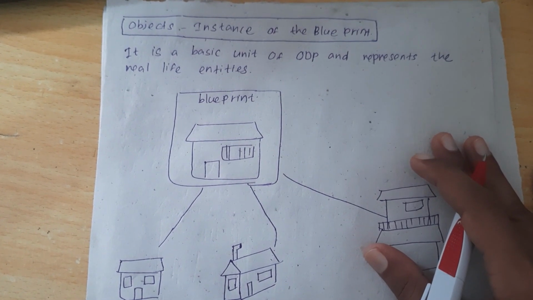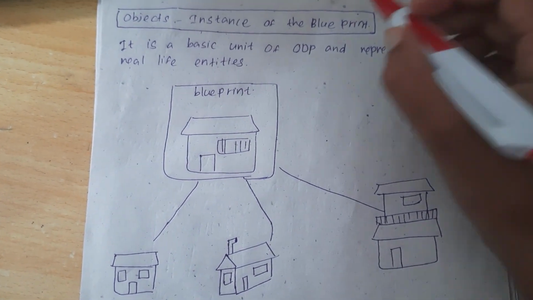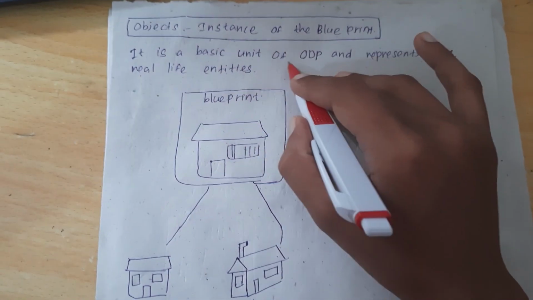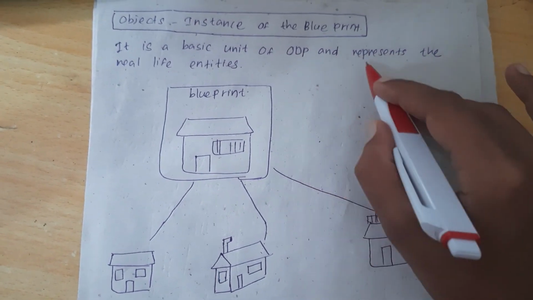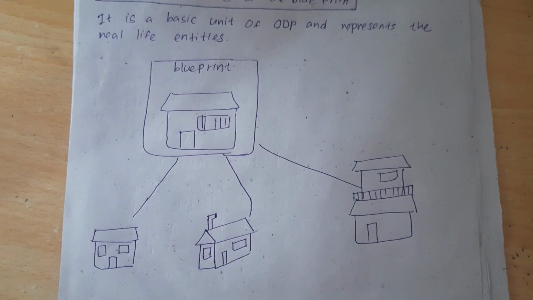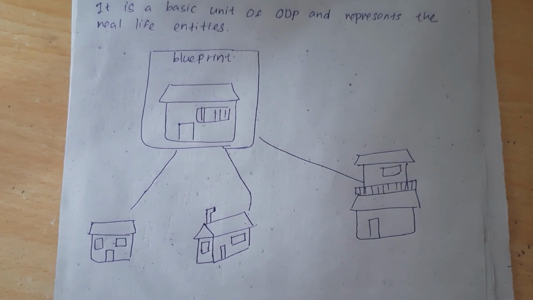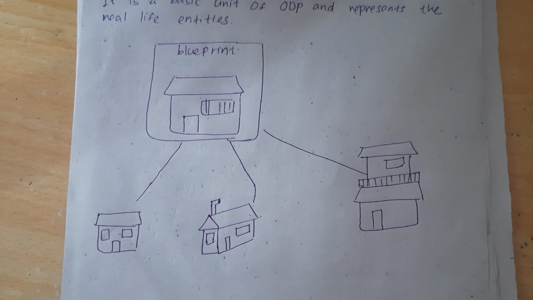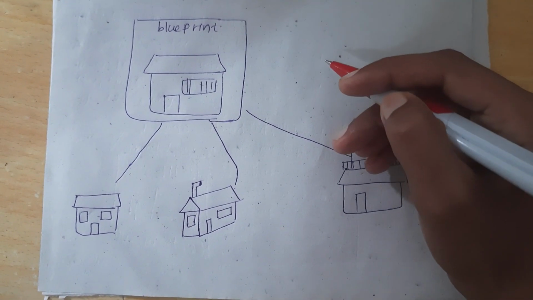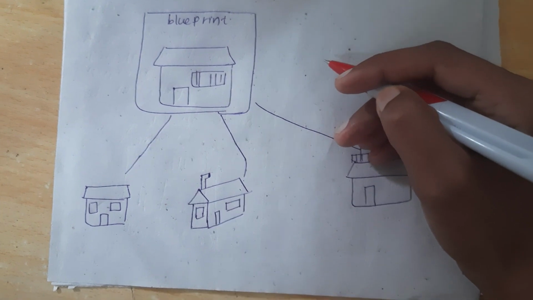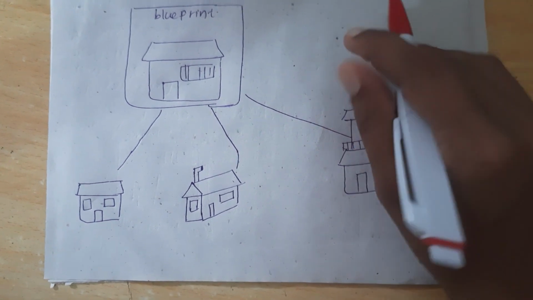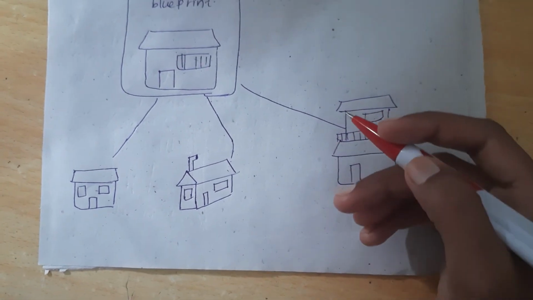Now let's look at what an object is. An object is an instance of a blueprint. It is a basic unit of object-oriented programming and represents real-life entities. Objects are implementations of a class. They are tangible entities that bring the class blueprint to life. Each object created from a class inherits its attributes and methods, but can have its own unique values for those attributes. Going back to the house analogy,